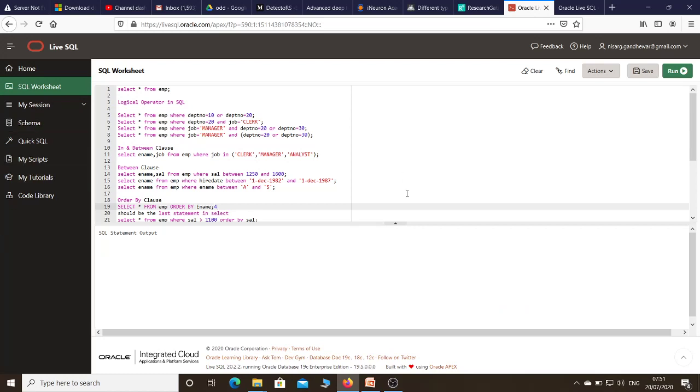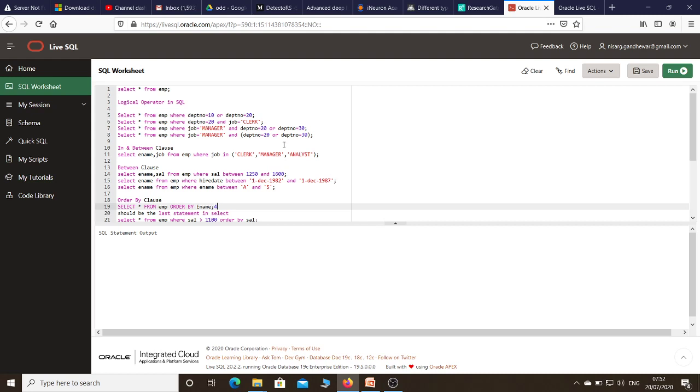Now I will show you the practical implementation of the SQL commands which we have discussed in this theoretical lecture. Over here I have created 4 tables: employee, department, sal grade and bonus. These are the 4 tables which I have already created. In the last lecture I already showed you how to execute an existing script. So here I have executed a script which I have uploaded.